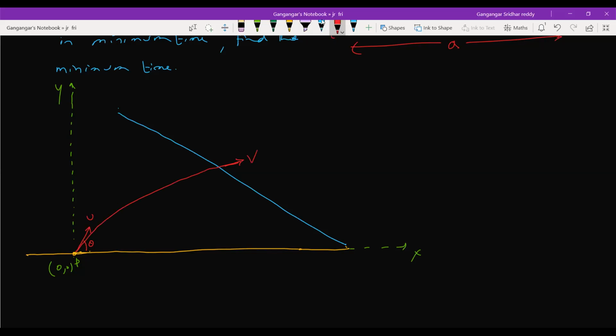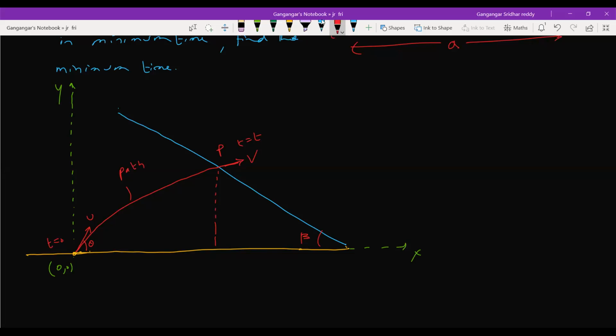It will strike somewhere at point P. We projected from O. This is the path. At t equals 0, I projected, so at time t it will be available here. This time should be minimum, and for that, theta will be adjusted. Students, if you can get this now, try something you can do here.